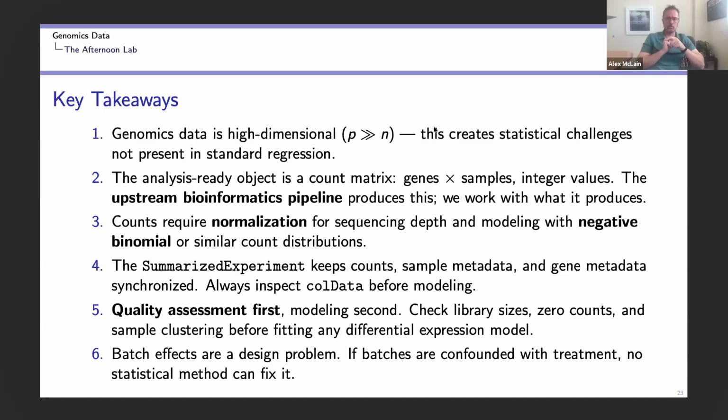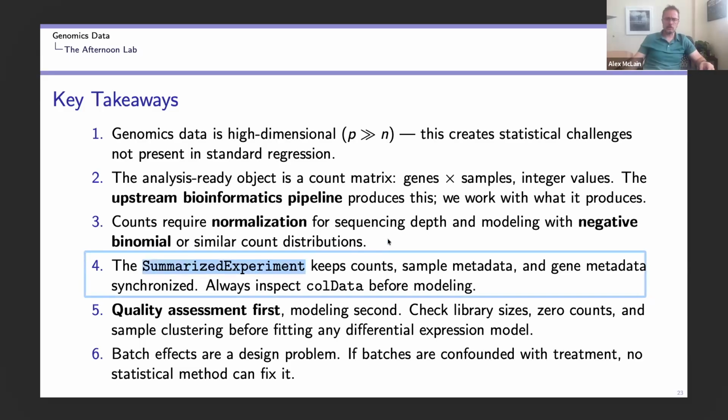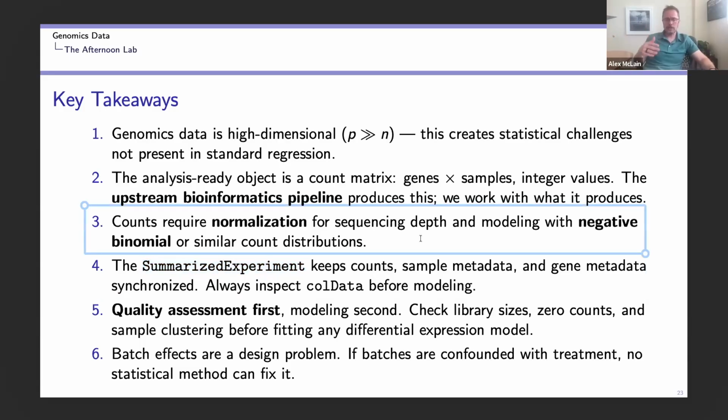The analysis ready object that we are going to focus on is the count matrix, genes as the rows, samples as the columns, integer values as the data. It's very right skewed, with a small sample size. So we're going to use a negative binomial model when we analyze this data. The SummarizedExperiment, nice object. We have the counts, the sample metadata, the gene metadata. It's all going to be synchronized, and we have some nice qualities to it where it stays synchronized as we